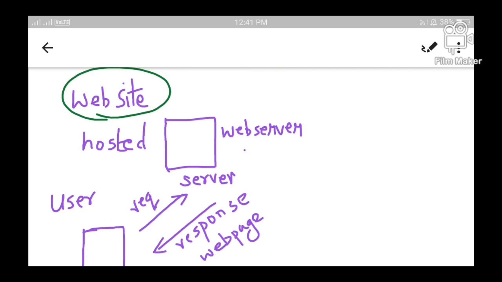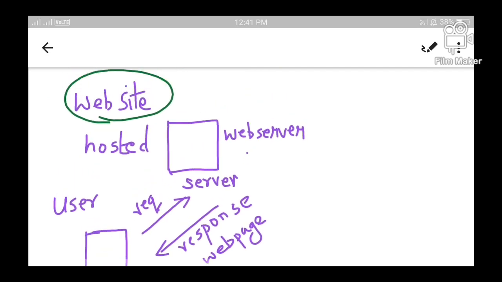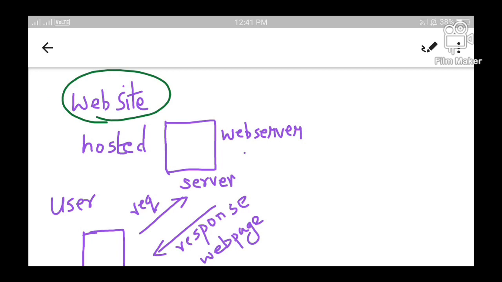Now we know what a website is. What is hosting? We have heard about the term server. What is meant by a server? A server is nothing but a computer system with much more powerful, high-speed processors. It also has a large amount of memory in it. So altogether we can say it's a powerful computer system, and such a powerful computer system is known as a server. Now, when a website is hosted in a server, that means this website has been hosted in that particular computer system,